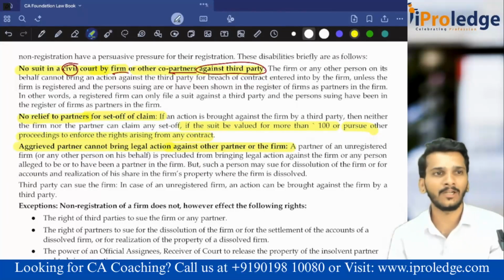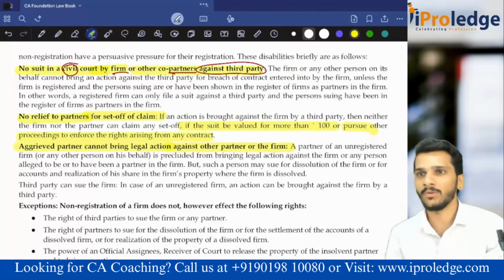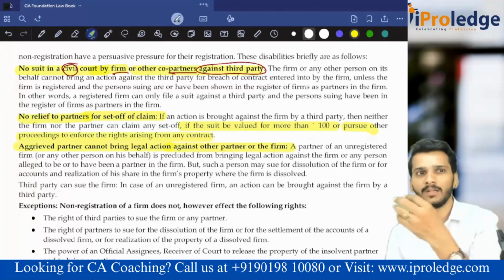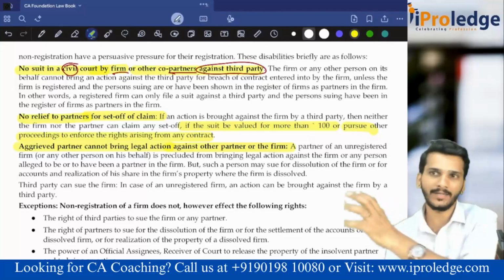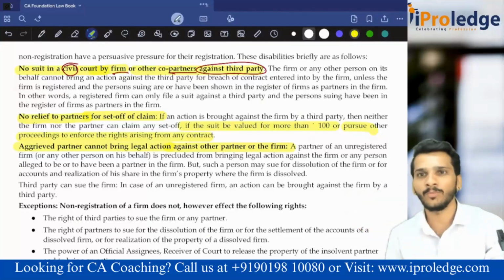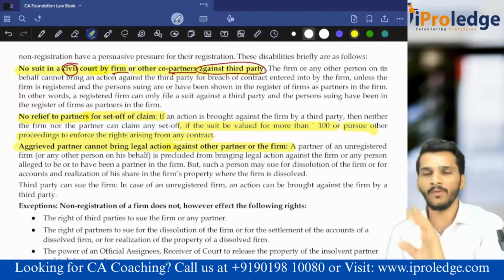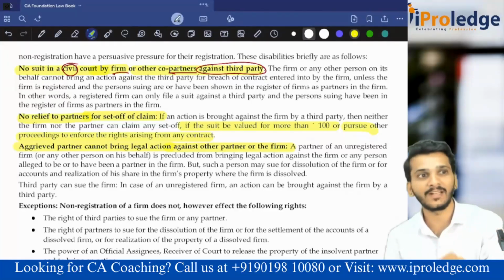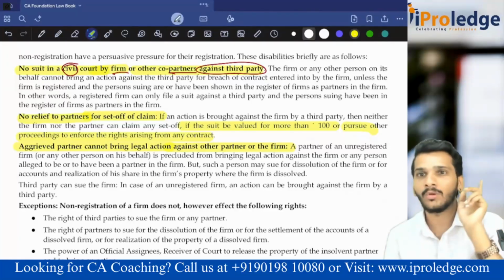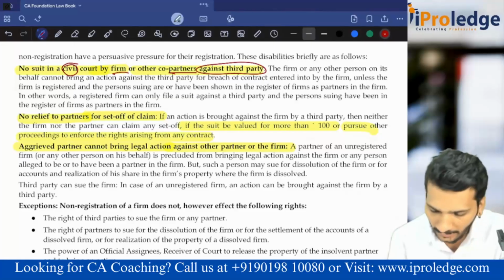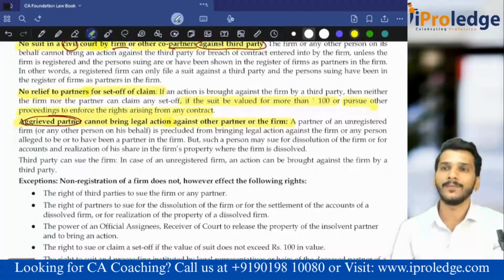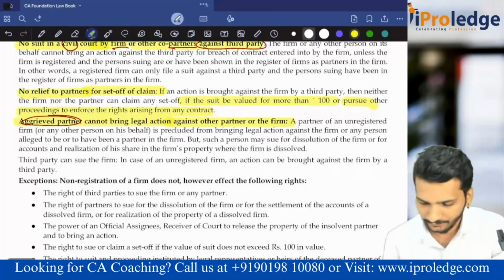What is an aggrieved partner? Actually the profit is 20 crore rupees. The partners, like 4 partners or 3 partners, consumed, what is that, ate the 10 crore and they disclosed 10 crore rupees only. Out of the 10 crore, 2.5 they disclosed. One partner who suffered that loss of 2.5 CR, can he go to the court? No, he cannot go to the court. That party is called the aggrieved party. The party who suffered the loss can never go to the court when it is not registered.